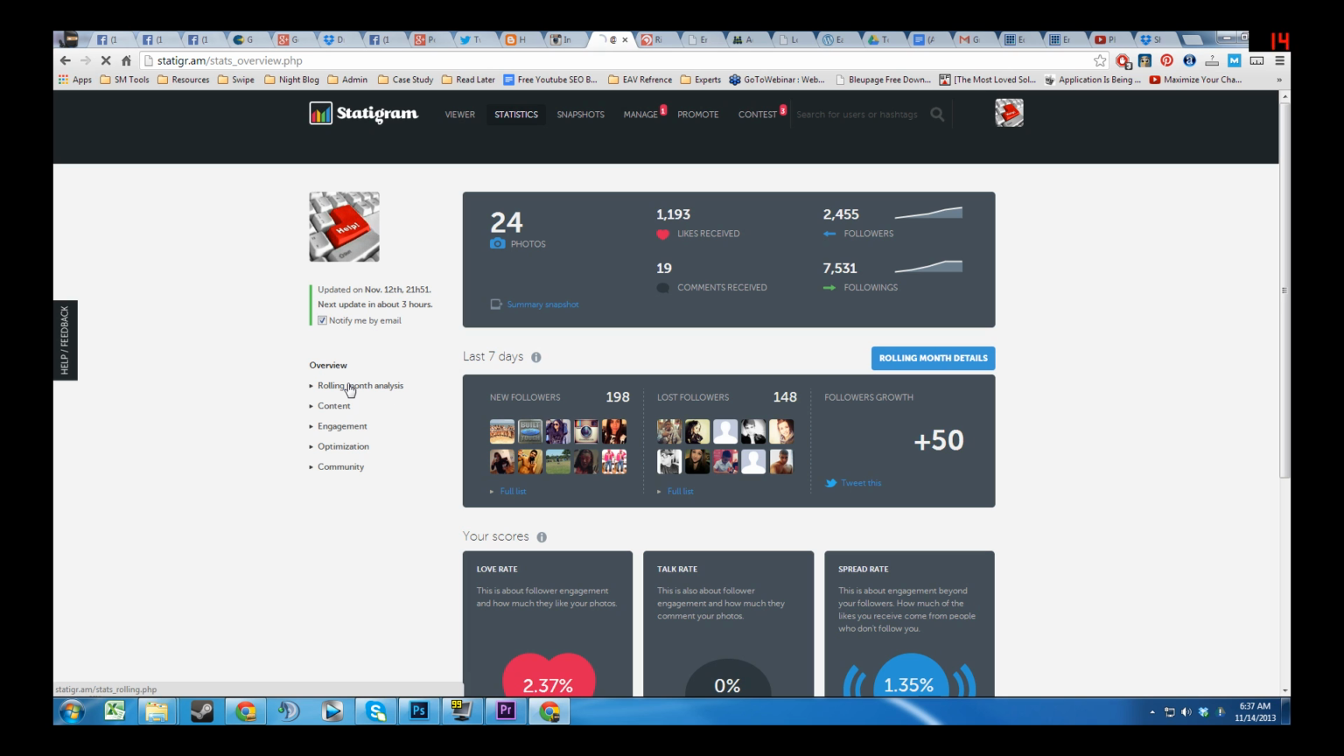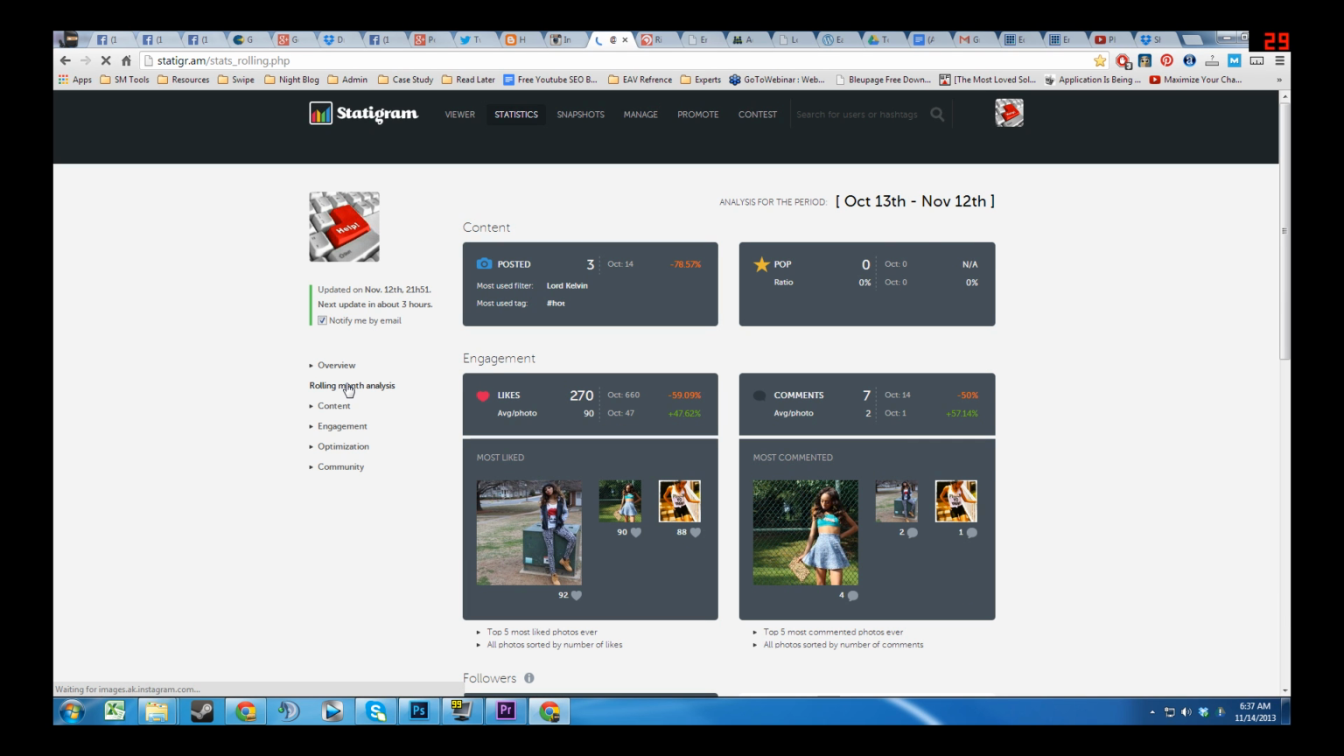Next we'll go to the rolling month analysis down here on the left column. And again, it basically breaks down the 13th to the 12th, so it breaks down the last 30 days. And how many images I posted, the percentage increase or decrease, so this was 79 percent less than I posted in the previous 30 days. How popular the stuff was, the most used filter, so Lord Kelvin, whatever that is, I don't even remember that, and then also the tag that I used the most,